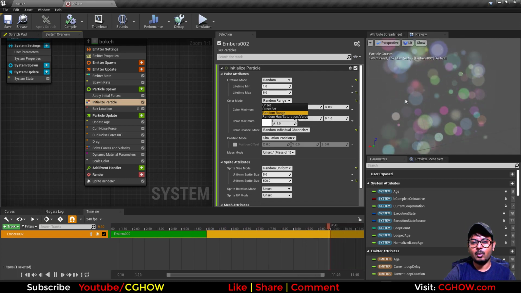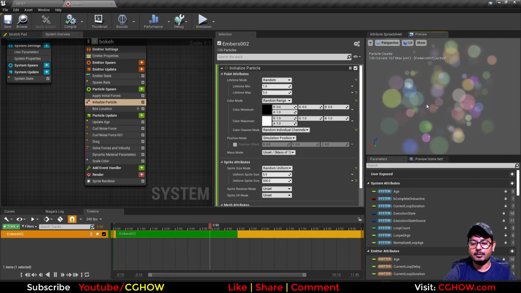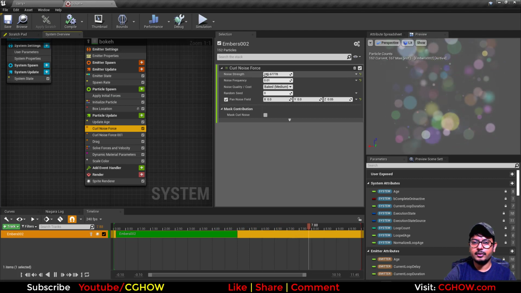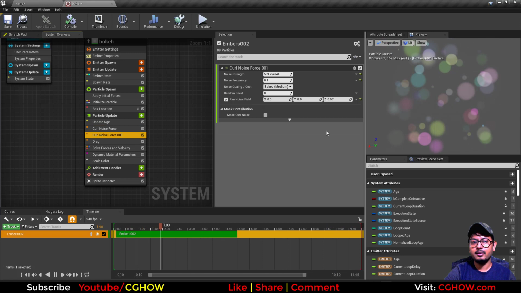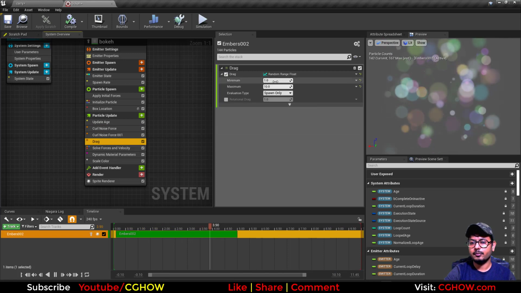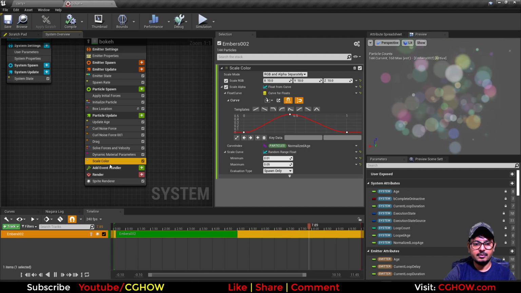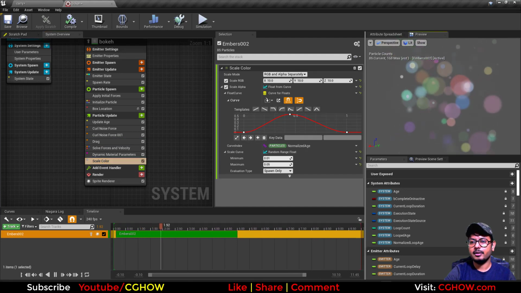This is actually the whole effect, and I created it with some other intention. Then I have some curl noise with this setting, and another curl noise with a different strength, and some drag 1 to 10 random, and alpha is fading in and out, so you can see particles smoothly coming